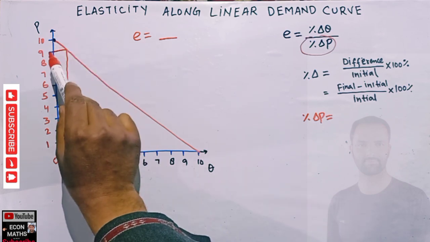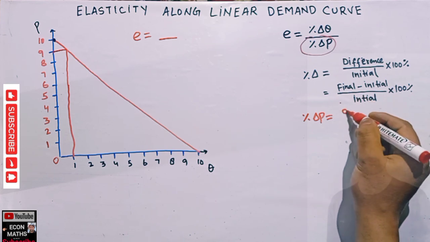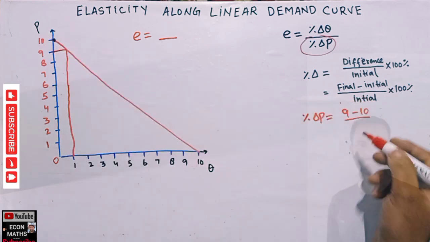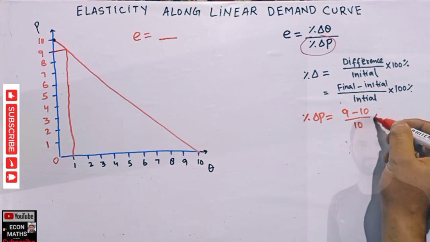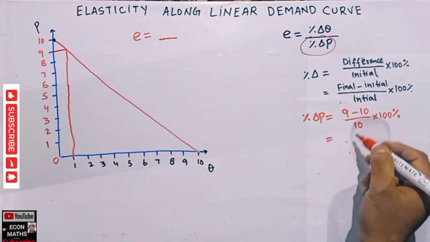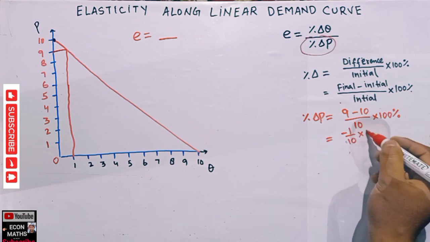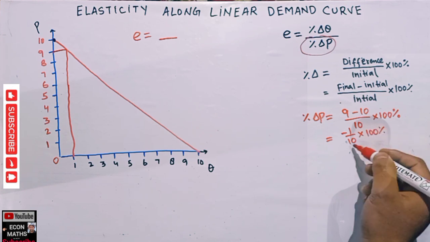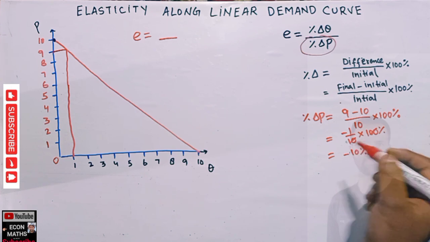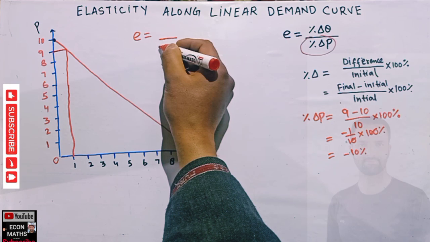This is our final point. That means 9 minus 10 upon initially we were at 10. That means 10, to this we multiply 100%. So what does this come to? This comes out to be minus 1 upon 10 into 100%, and this comes out to be minus 10%. That means when price decreases by minus 10%,